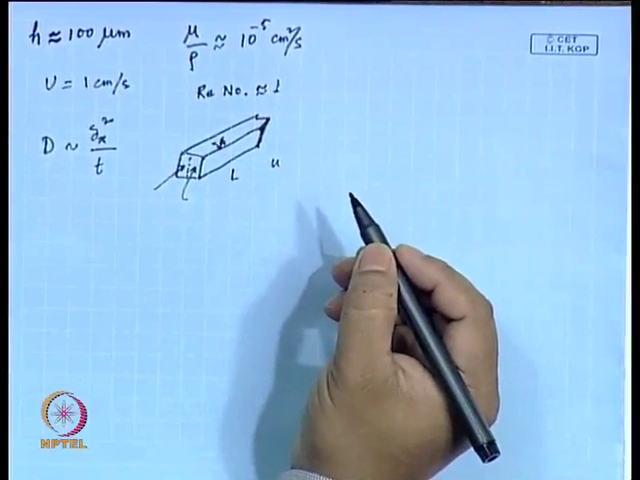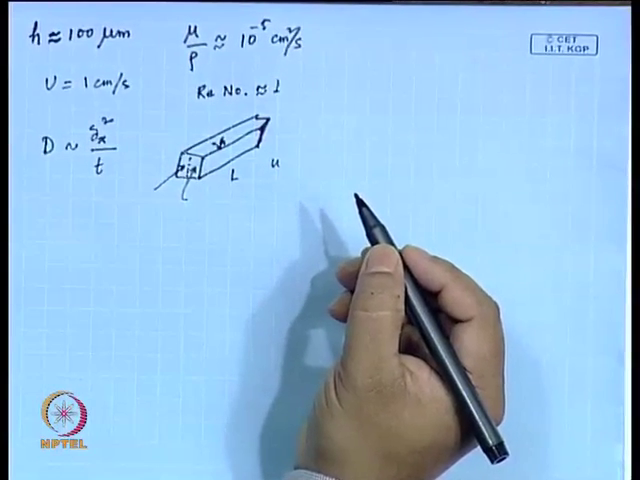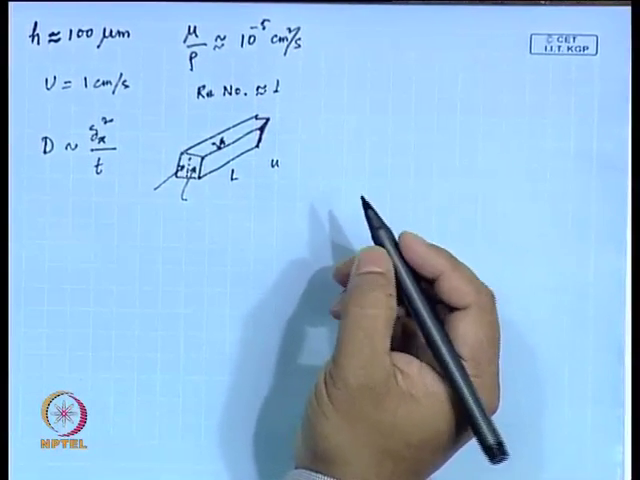Now, if we expect that over the length L, if the length of this channel is L, the half width of this channel is h, and you have the velocity as u. In that case, you can expect,